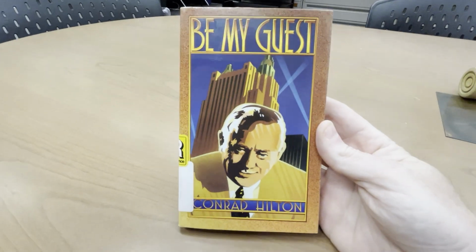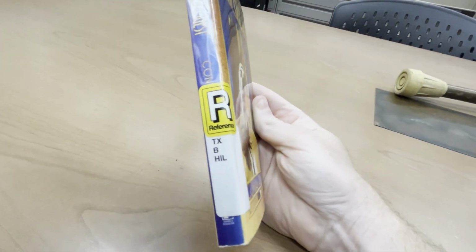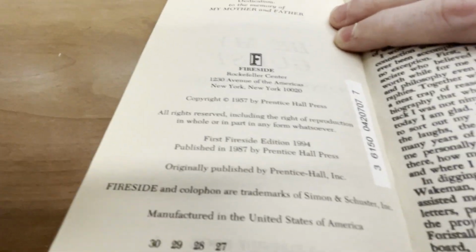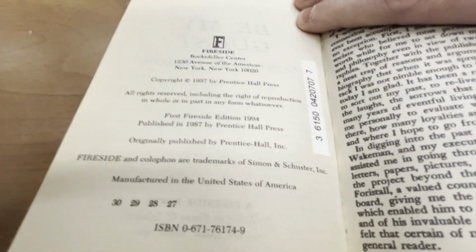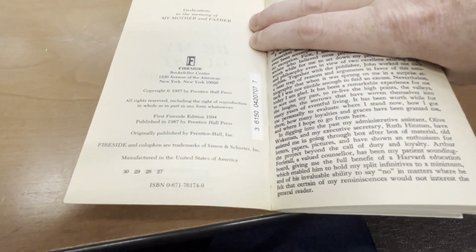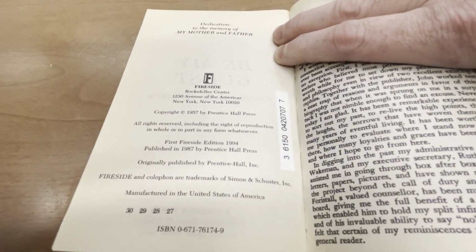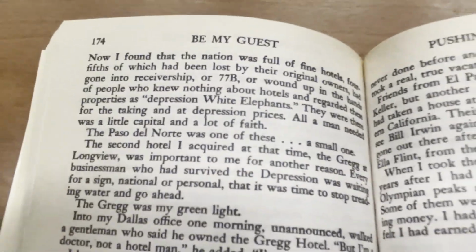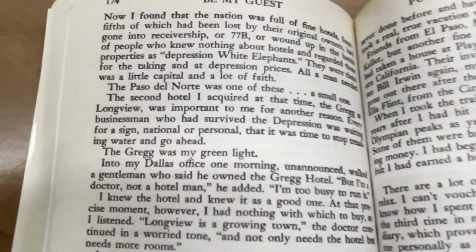So here's the book, Be My Guest, by Conrad Hilton. They have it here at the library. You have to read it here. You can't check it out because it's a reference. Conrad Hilton's book was published in 1957, and this is the 1994 edition. From what I understand, they used to put a copy of this in all his hotels. So chapter 10, page 174. Let me zoom in here because this book doesn't want to stay open. If you look down here,